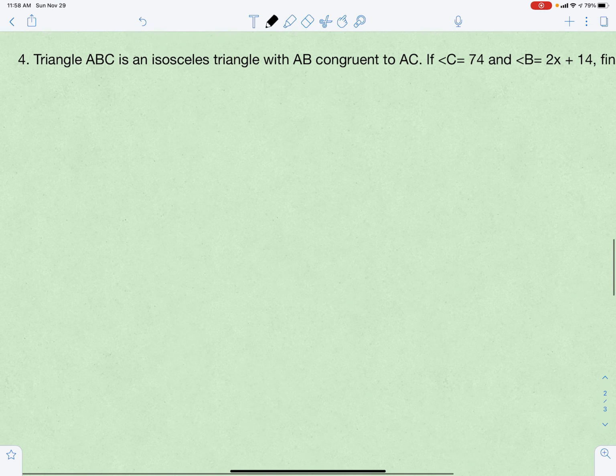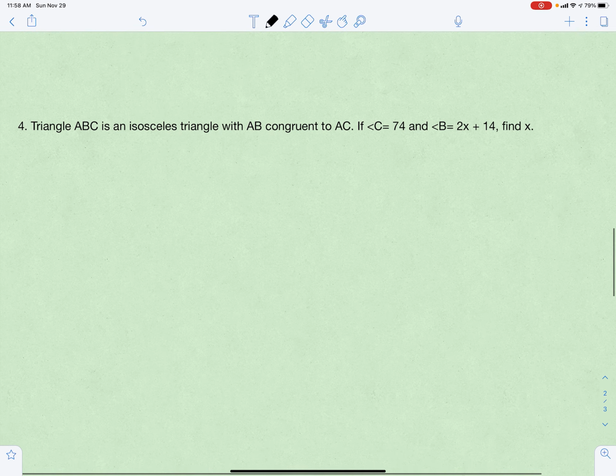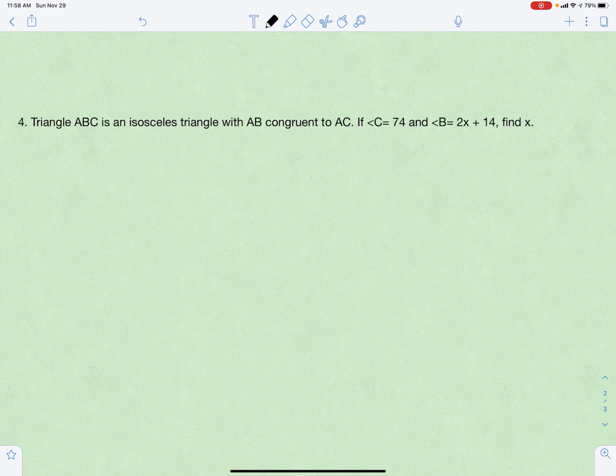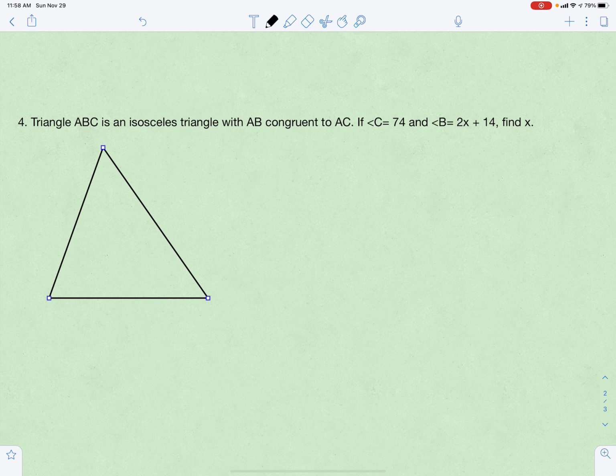Last example says triangle ABC is an isosceles triangle with AB congruent to AC. It asks us to find out what X is. So again, all we got is a bunch of words. So the first thing I'm going to do is draw my triangle. It says it's an isosceles triangle, ABC, with AB congruent to AC. So it tells us C is 74 and B is 2x plus 14, and it's tasking us to find out